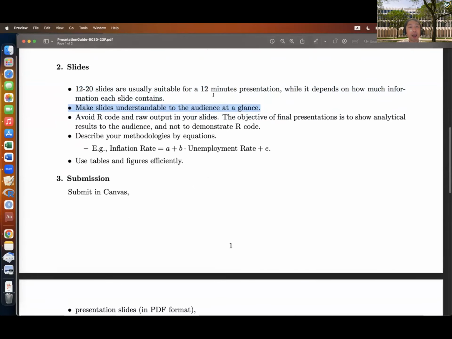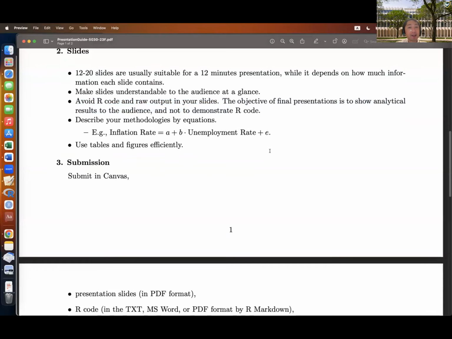So usually you only have 1 minute or less for one slide. So everything should be clear. So if it's a very crowded slide, then probably your classmates cannot really see what it means. And avoid R code and raw R output in your slides. So make it in a beautiful graph or tables and omit the R code. So to see slides within a few seconds or maybe 30 seconds or so, I think the simple slides are